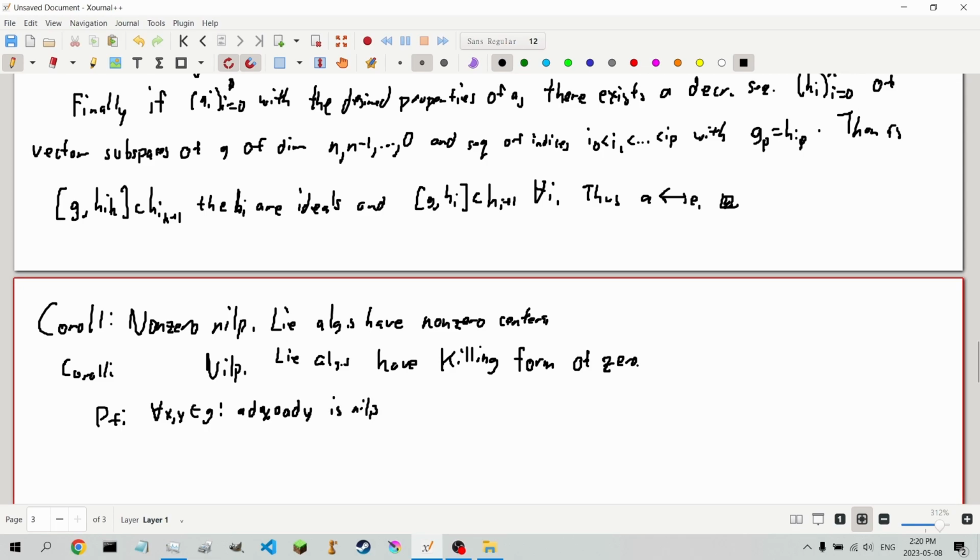So essentially there exists a natural K such that ad x composed with ad y, to the K, equals 0. Hence it has 0 trace, because